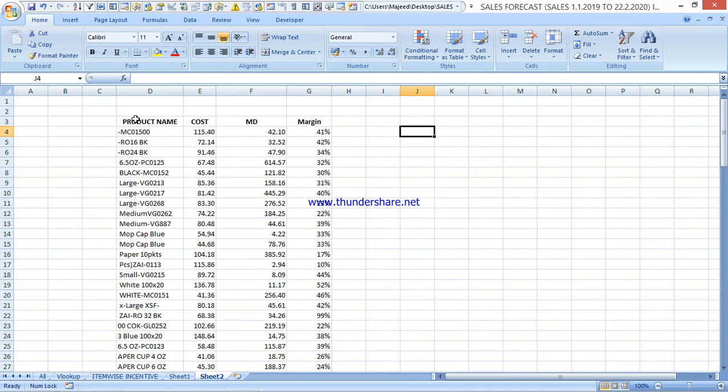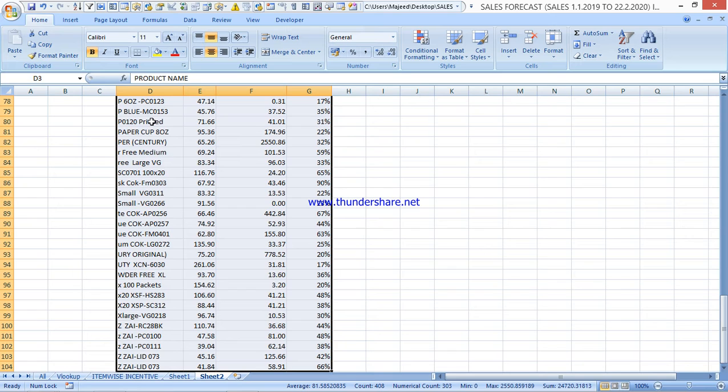Before starting, I will convert it to a table. To convert it to a table, I will select the first cell of the data table, press Ctrl plus Shift, hold it down and press the right arrow, and keeping Control and Shift pressed, press the down arrow.